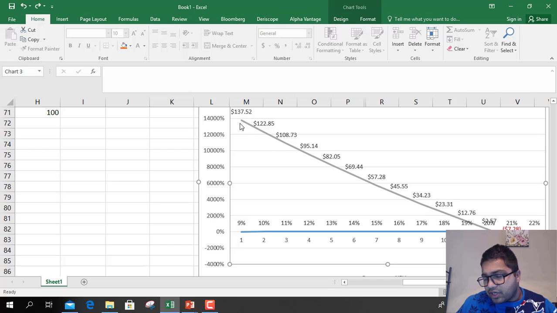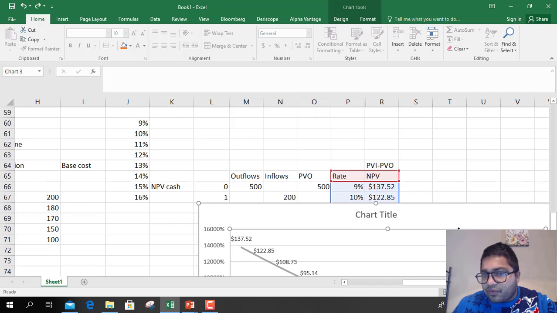So the first important thing is, as the cost of financing increases, the NPV, the net present value, goes down. Now, if you see, there is a rate, right? There is this point on the graph where NPV turns negative, or there is a rate where the NPV is 0. So if you see on this graph, somewhere between 20 and 21%, there is this point. At that point, NPV of this project is 0. Net present value is 0. That is, present value of outflows equals present value of inflows.